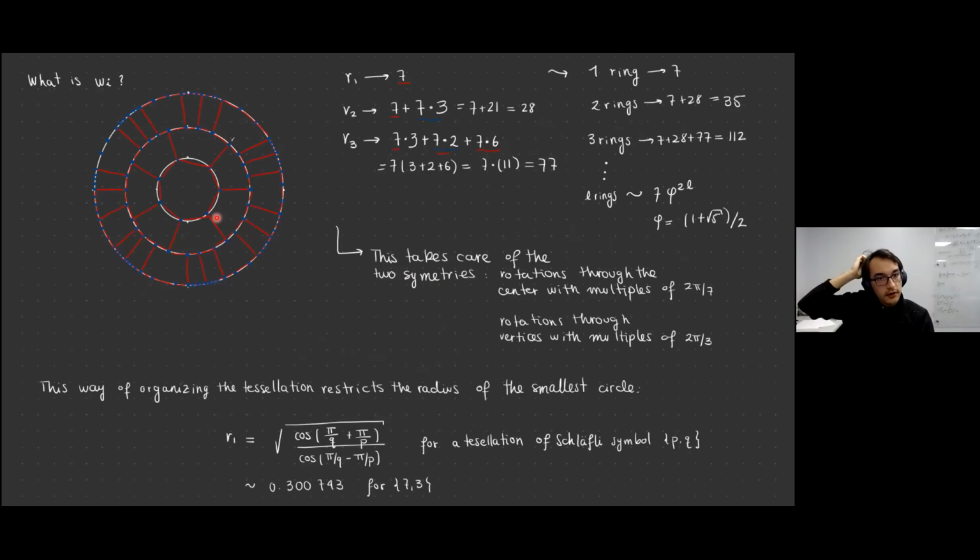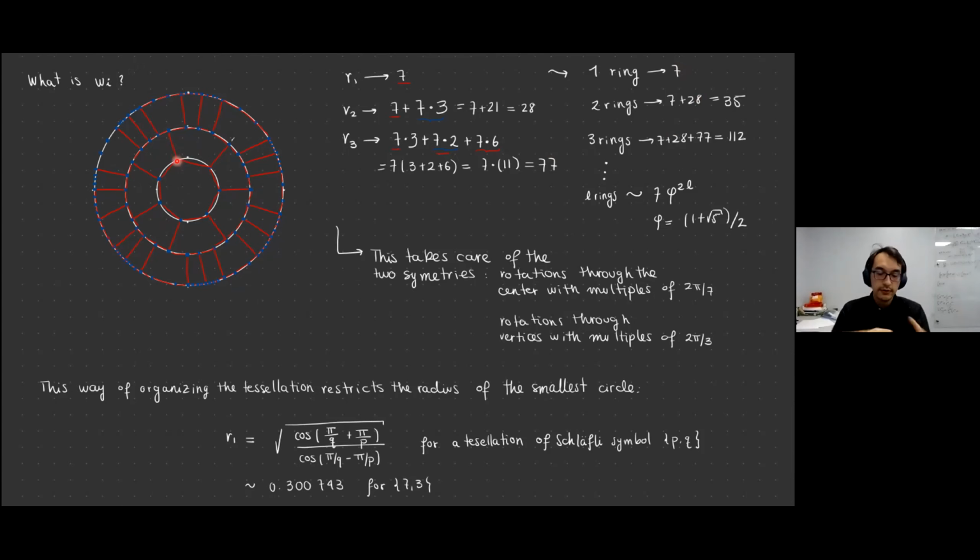First, to get a sense of some of the properties of this disk, it is important to notice that the number of sites grows exponentially as we increase the number of rings. For the first ring, we will only have 7 sites. If we then add the other ring, which is achieved by acting with the 2 symmetry groups of the graph, which are the rotations by 2 pi over 7, and then the rotations in each site by 2 pi over 3.